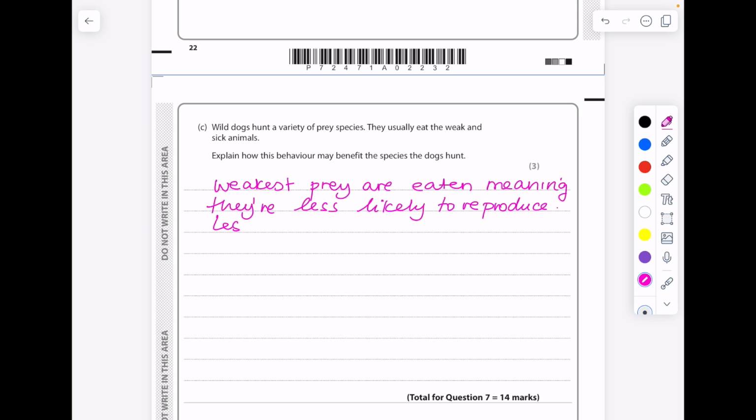So they're less likely to pass on their sickly alleles. You can obviously argue it the other way around if you want to talk about it's more likely that the stronger ones survive. And then just generally, by removing the sick animals,